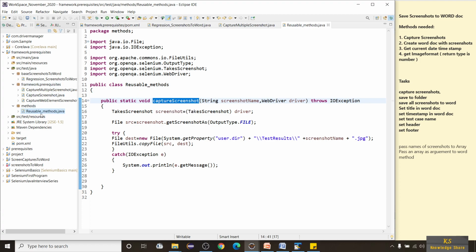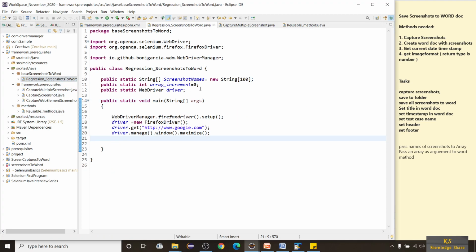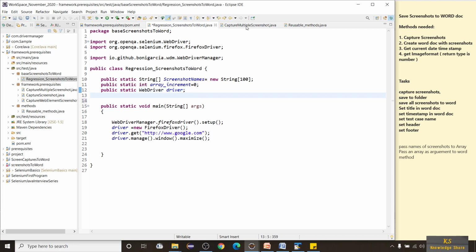So in order to access this reusable methods class, you need to create one variable instance for this class. Right, private static, let me take this class name and let me take one variable, reuse.